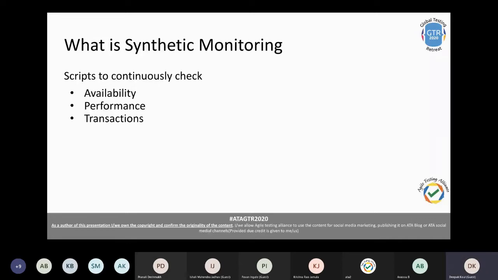As the name suggests, synthetic by definition means something which is artificial and man-made. So in synthetic monitoring, what we do is, let's say you have a website and now you want to check the availability. What you will do is you will simply invoke a browser, let's say every 5 minutes, and then enter the URL of your website and check for a particular locator like XPath or CSS. And if it is shown, well and good, your test passes. If it is not, then maybe it would retry for a second time and then notify you via an email